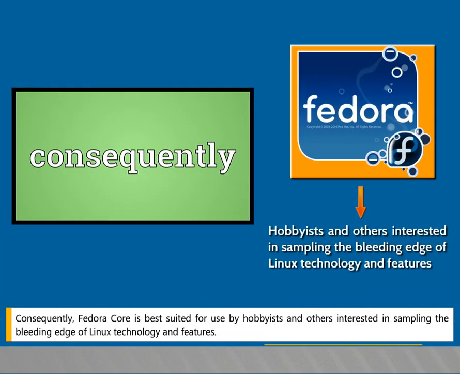Consequently, Fedora Core is best suited for use by hobbyists and others interested in sampling the bleeding edge of Linux technology and features.